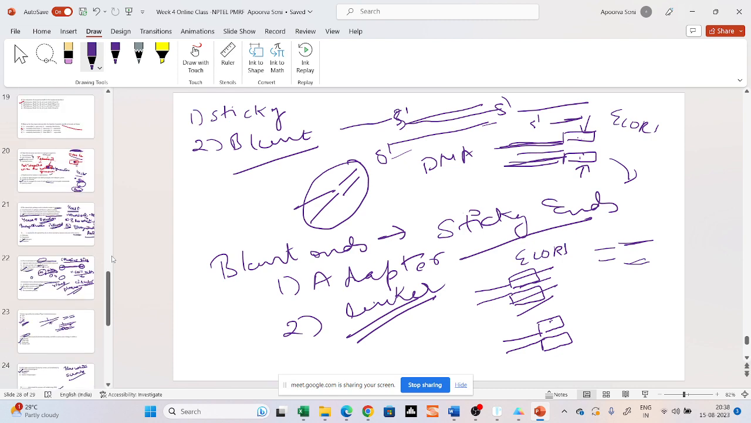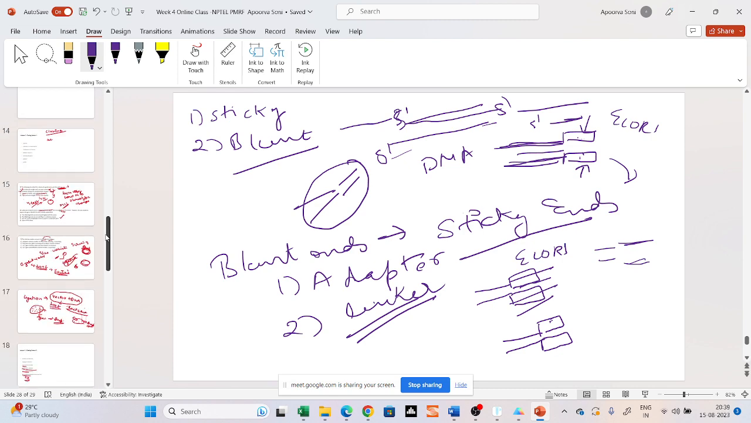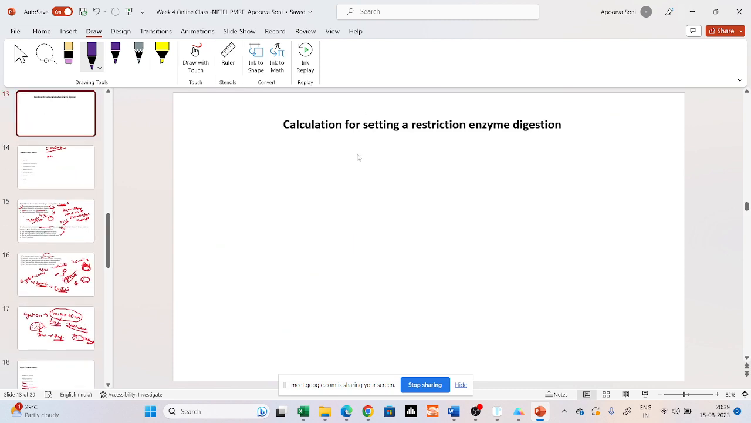Okay. So now we will do the calculation for setting a ligation. We will see how to set up a ligation reaction. So now you have a digested